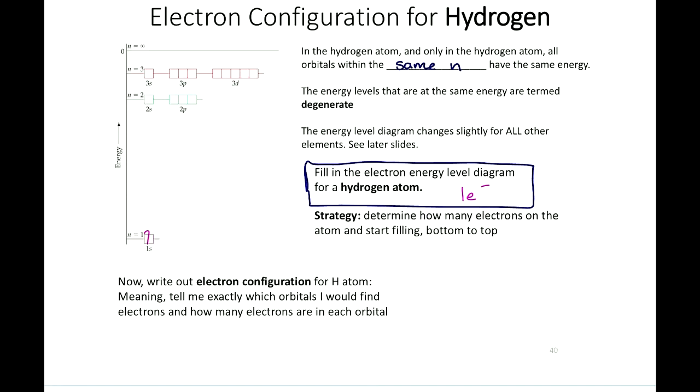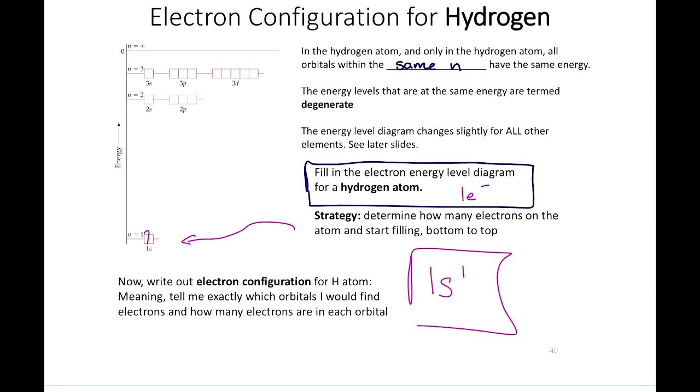And so we can write the electron configuration for this by telling the reader exactly what subshell and how many electrons are in that subshell. For this example, the electron configuration of hydrogen is 1s, because that's the subshell, and then I put 1 electron in it, so 1s¹. The superscript is telling you how many electrons are in that subshell. So that's hydrogen.